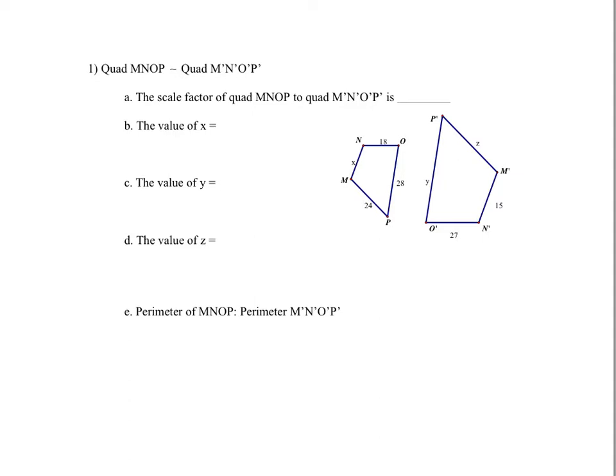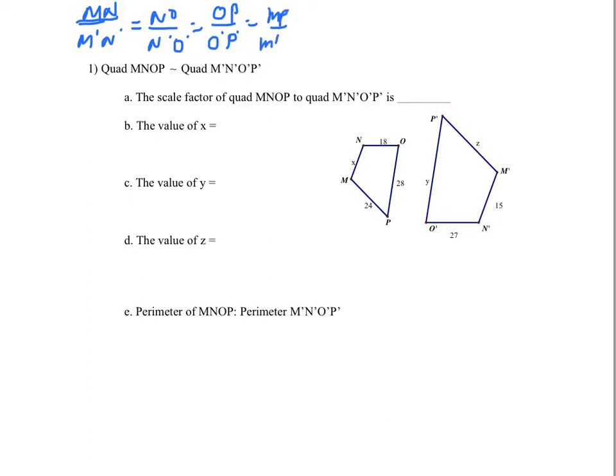So this means that the side MN corresponds to M'N', in the same way that NO corresponds to N'O', in the same way that OP corresponds to O'P'. And that would also be equal to MP